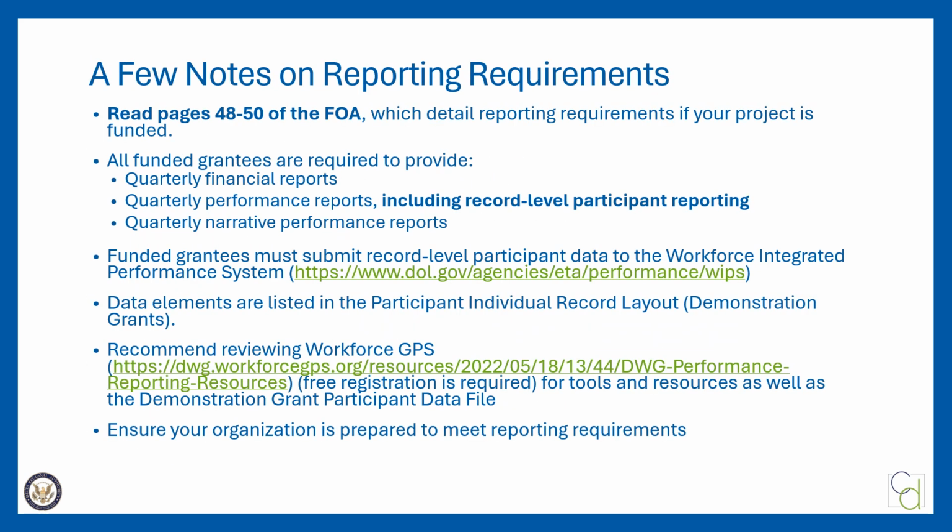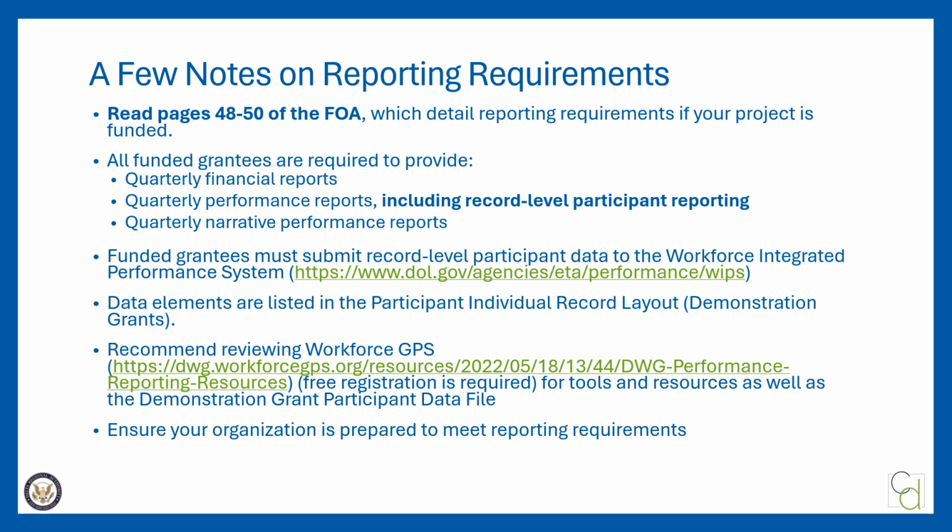I strongly encourage applicants to read pages 48 through 50 of the FOA, which detail reporting requirements if your project is funded. And we encourage this because this is often a big stumbling point for newly funded applicants, particularly those that have never received Department of Labor grants before. All funded grantees are required to provide quarterly financial reports described on page 48 of the FOA,